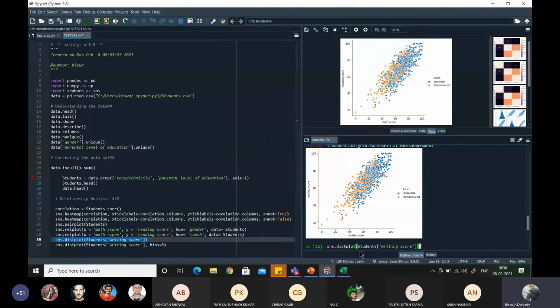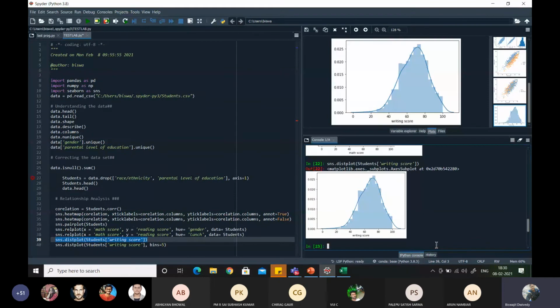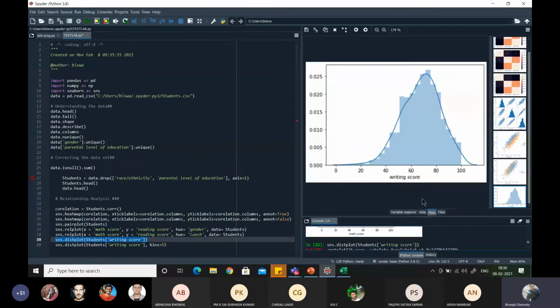Here we'll be plotting, and that is written in this command, you can say dist plot. That is for your histogram purpose, or you can say bar purpose. With student and writing score. Suppose we want to represent your writing score, then your plot will be like this. Here you can see how it is plotted. Your writing score is starting from 0 to 100. Whenever we are using these types of histograms, the labels will be finite.